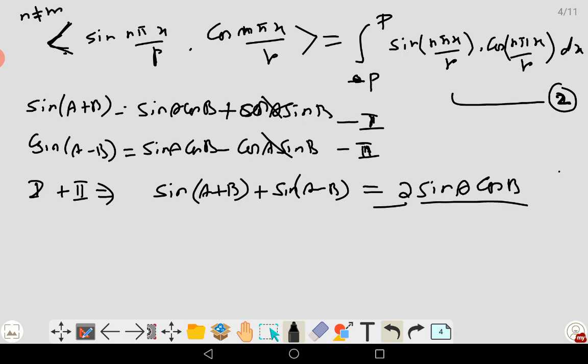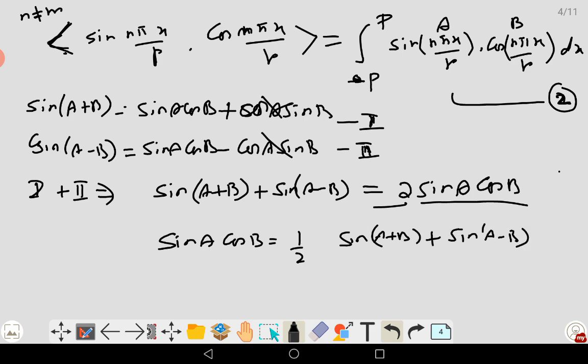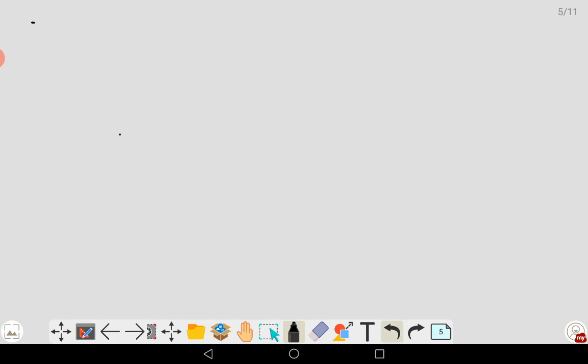This is sin A cosine B, which is equal to 1 over 2 of sin A plus B plus sin A minus B. Take it as equation number 3, which should be used in 2. Now equation 2 becomes